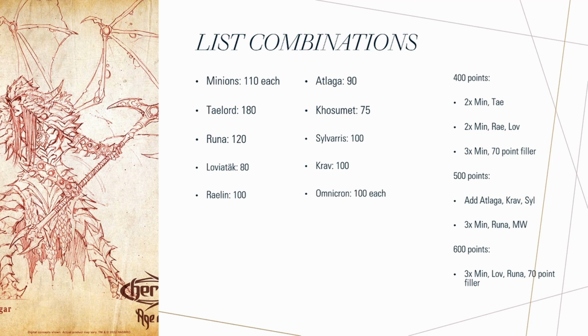So, when you're creating a list with them, a lot of the time you run into the fact that you either have a little bit less than 100 points left, or you're dealing with a lot of points left. So, at 400 points, the easiest list to do is 2 minions and Taylord. I ran it actually just last night. I played against one of my friends, and with the small exception of Taylord being a bit risky, a 3 defense model who's a lot easier to be taken down,